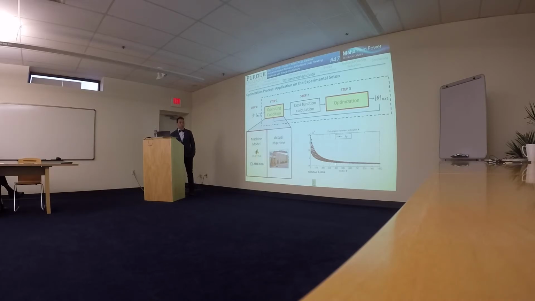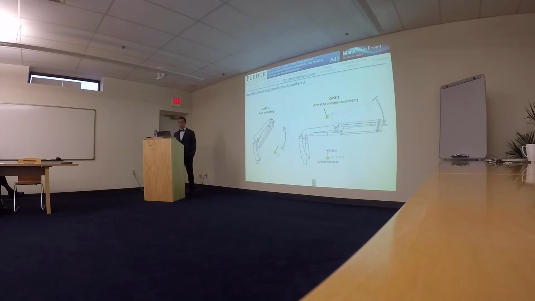But as you can see here, we have a huge number of iterations, which is something not implementable in real life when we want to optimize the controller on the actual machine. So my effort was to try to formulate this strategy for being applied on an actual experimental setup. And in order to show you results from this auto-tuning experimental activity I did, I'm proposing these two operating conditions here,